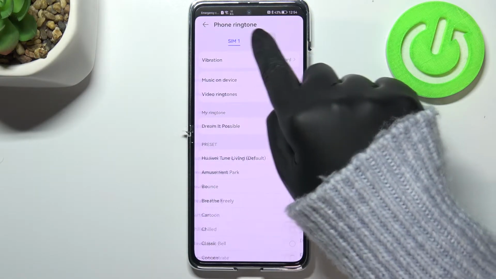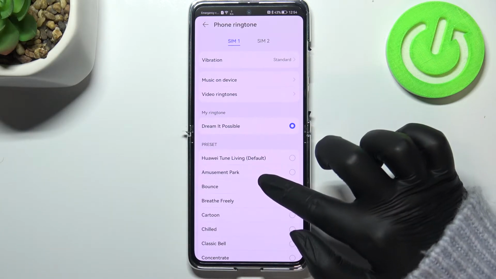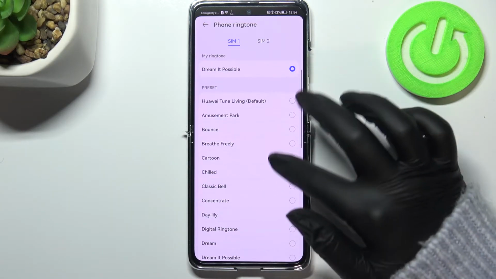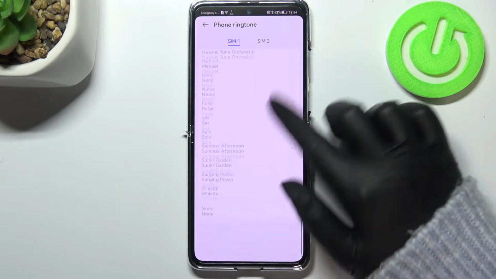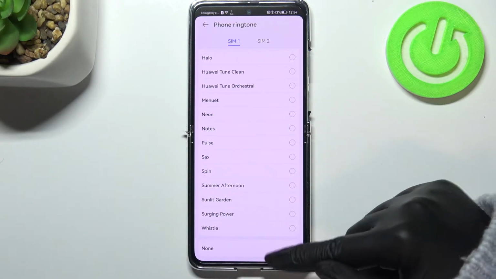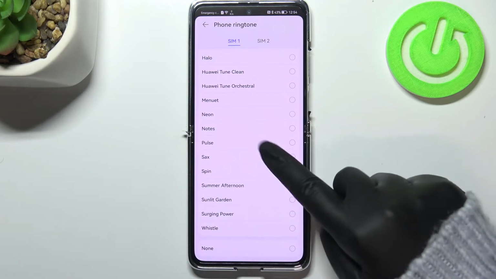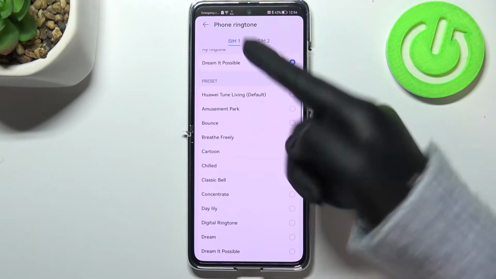As you can see here, we can switch between the SIM cards, and here all we have to do is to simply scroll down a little bit to find the full list of all defaultly installed ringtones from which we can choose. As you can see at the very bottom, we've got the option None, which means that after picking it, your device simply won't notify you with the sound feedback about the incoming call from my case, the first